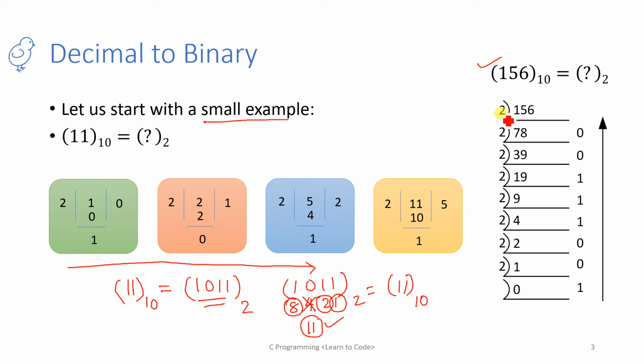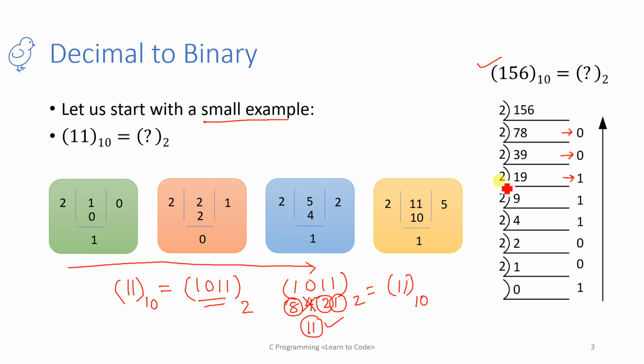So you can see here. I want to divide 156 by 2. What will I get in the quotient? 78. 2 into 78 is 156. So this is the remainder. Now you have to divide 78 by 2. 2 39s are 78. So you get a remainder 0. Again you have to divide 39 by 2. 19 into 2 is 38. So the remainder is 1.